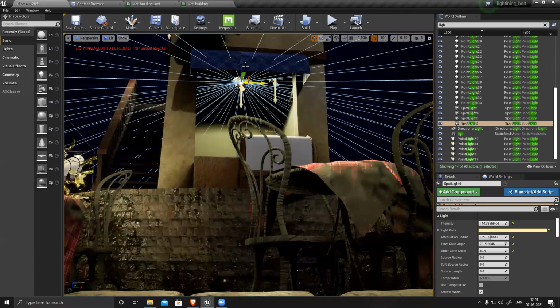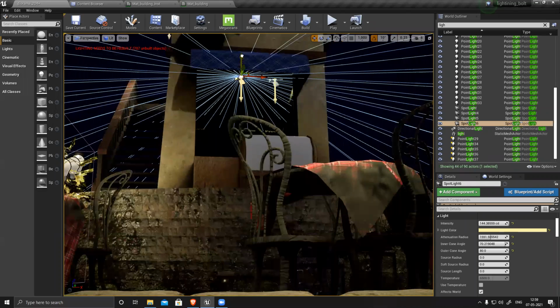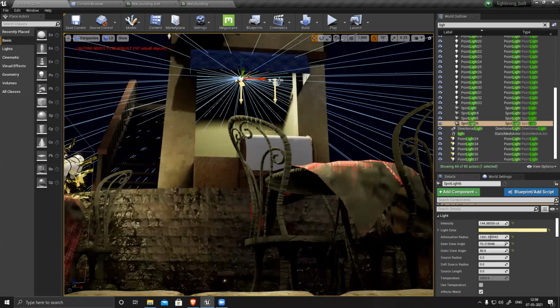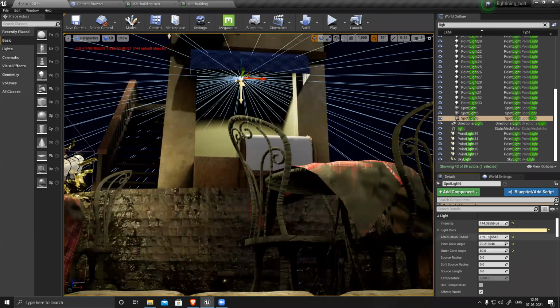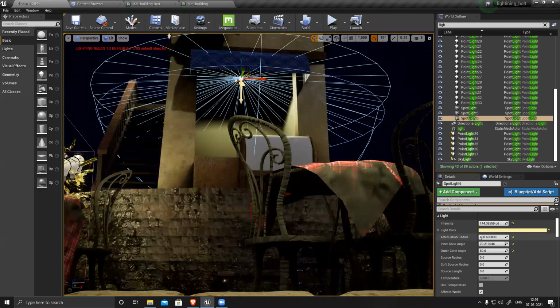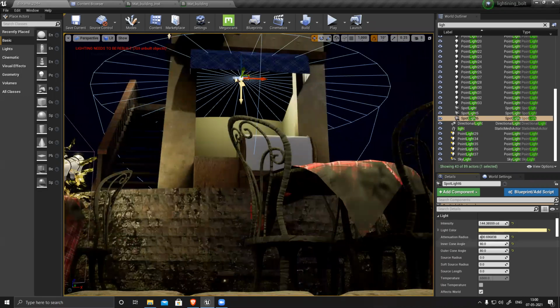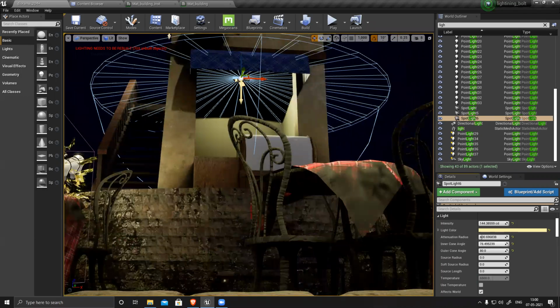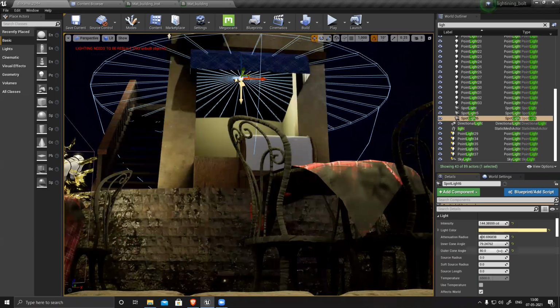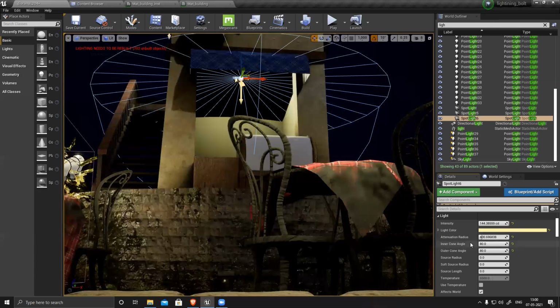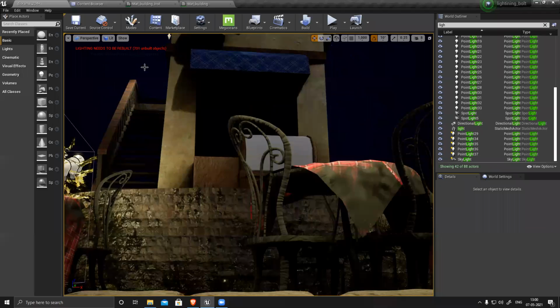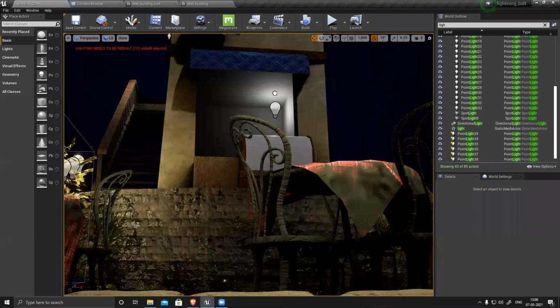Oh, it was way too dark inside. That was because it wasn't casting any light. Near this thing, I can use a spotlight if it's not giving me proper lighting.